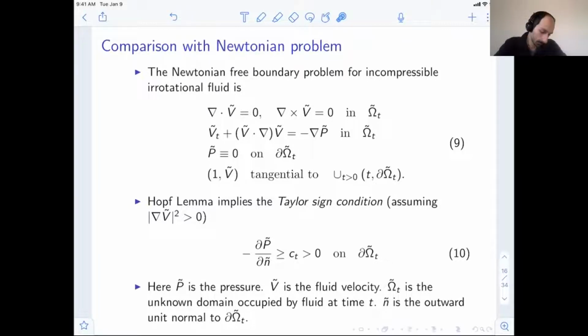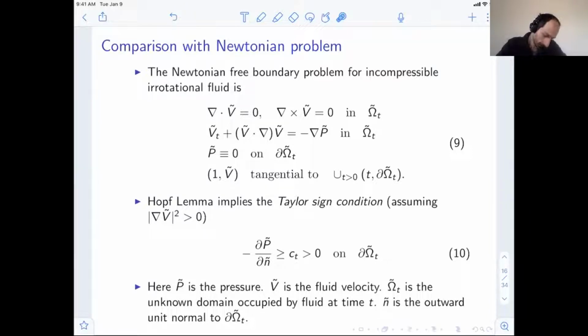What is the analogous Newtonian problem? I'll use tildes to denote every quantity that's Newtonian. At least formally, the analogous problem would be the incompressible rotational fluid, where this is of course quite different in the sense that some of these operators which are hyperbolic in the relativistic case become elliptic in this case, and that's essentially why I want to compare to point this